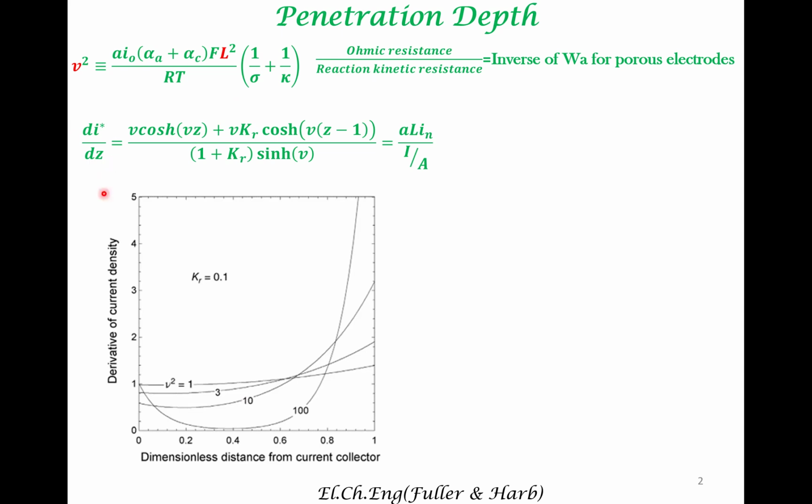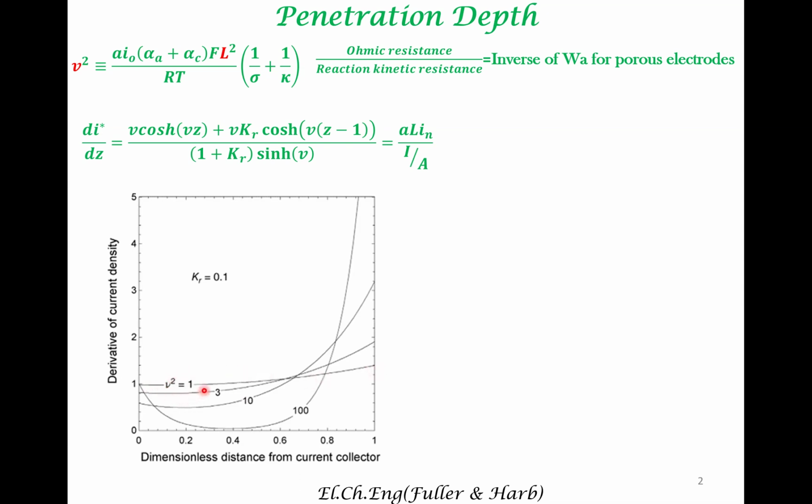So what we observe is that for a particular kappa r, when nu squared increases, there is greater non-uniformity in the reaction rate. So there is greater reaction rate here, very little reaction rate here, and much more reaction rate here as we transition from one side of the porous electrode to the other. So what is to be noticed is that when nu squared is relatively small, there is uniformity, but when nu